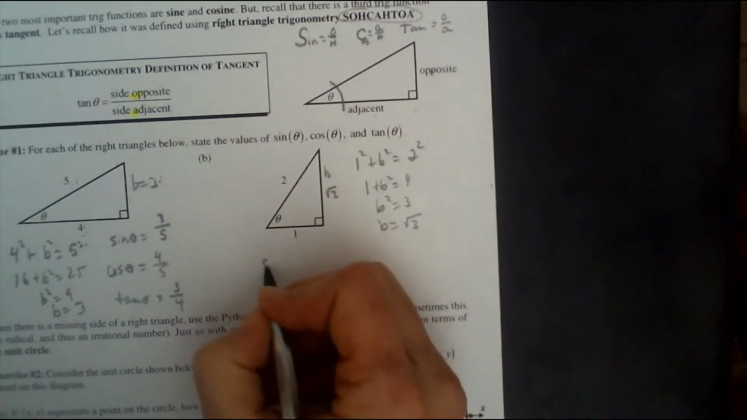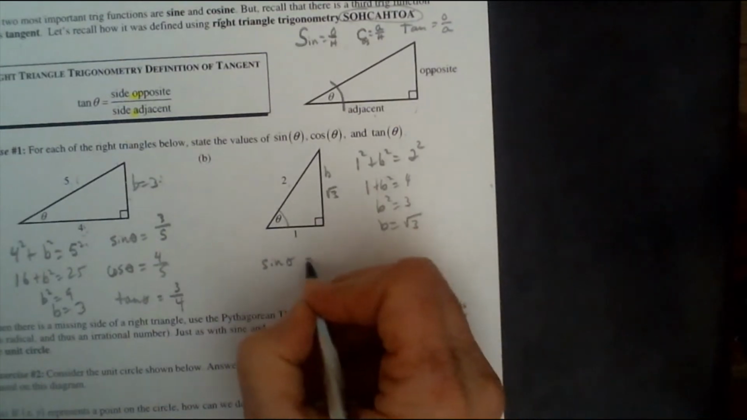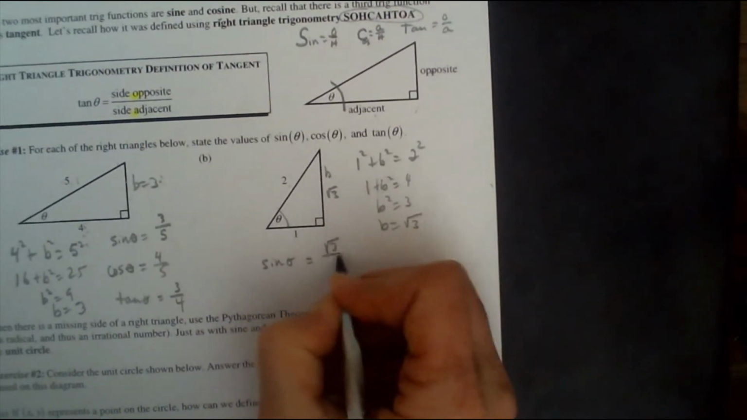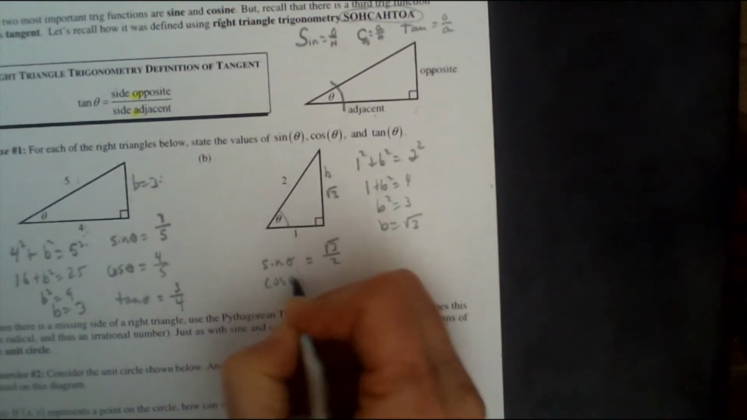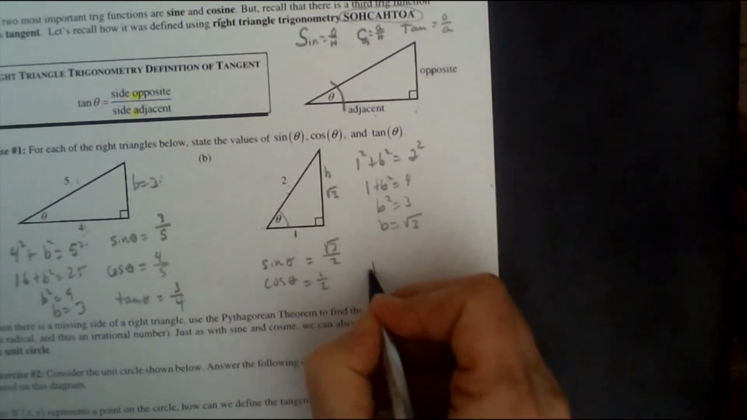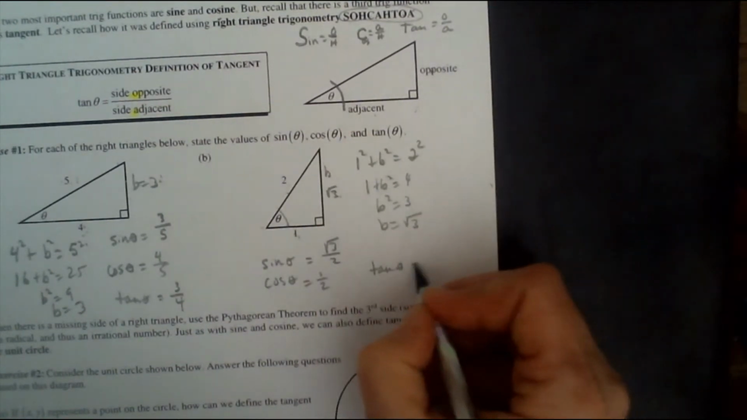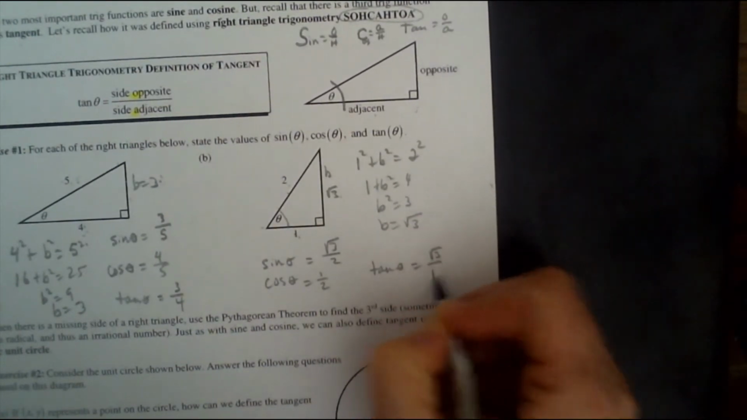So if you want to know what the sine of this angle theta is, sine is opposite over hypotenuse, which is the square root of 3 divided by 2. The cosine of this angle is adjacent over hypotenuse, which is a half, and the tangent of that angle is equal to the opposite over adjacent, which is the square root of 3 over 1, which is just the square